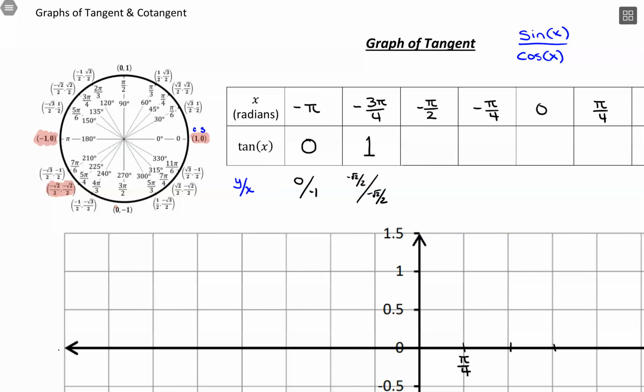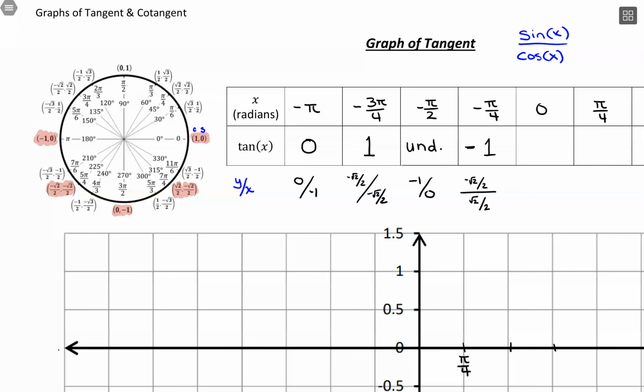At negative pi over 2, I have an x coordinate of 0 and y coordinate of negative 1. So I'm going to take that y coordinate of negative 1 and divide it by 0, and whenever we divide by 0, it becomes undefined. So at negative pi over 2, that will be undefined. At negative pi over 4, we can see in the numerator I'll have a negative root 2 over 2, in the denominator a positive root 2 over 2. So negative divided by a positive will be negative, and then numerically it's the same value,